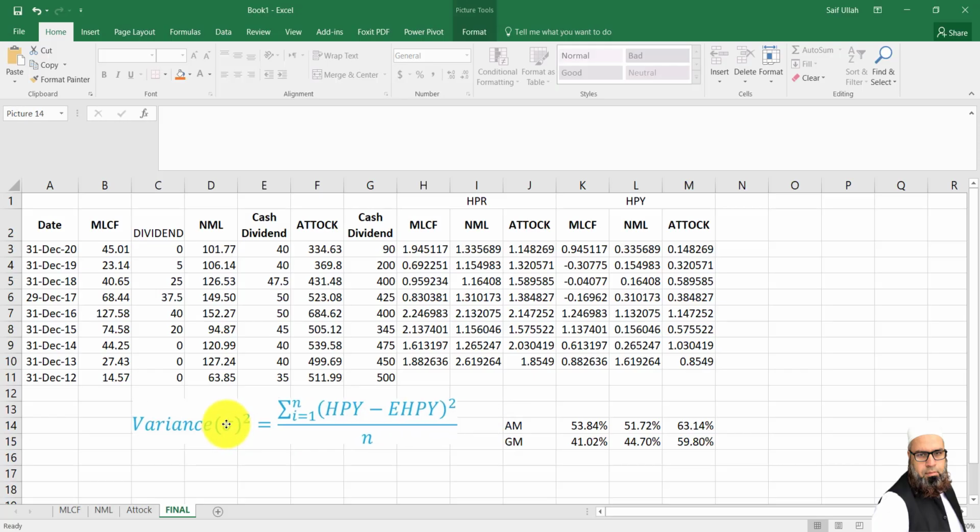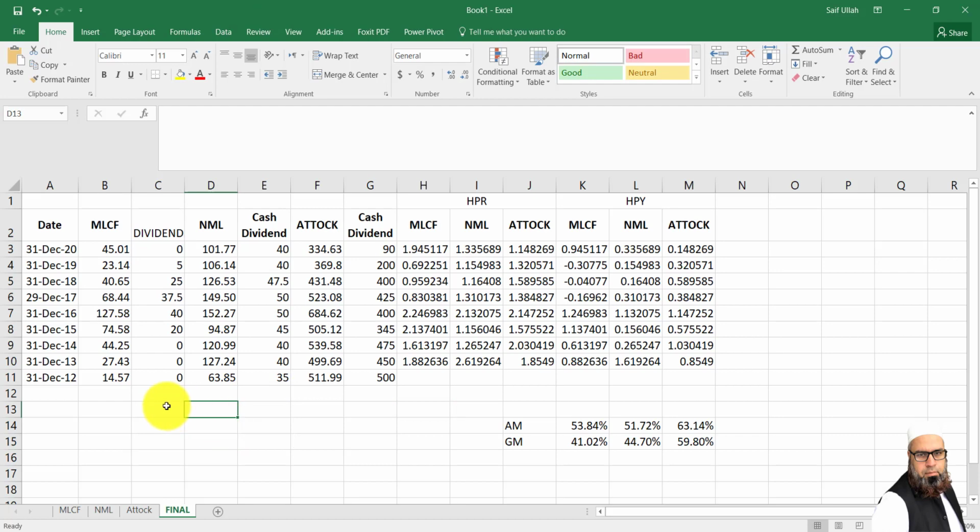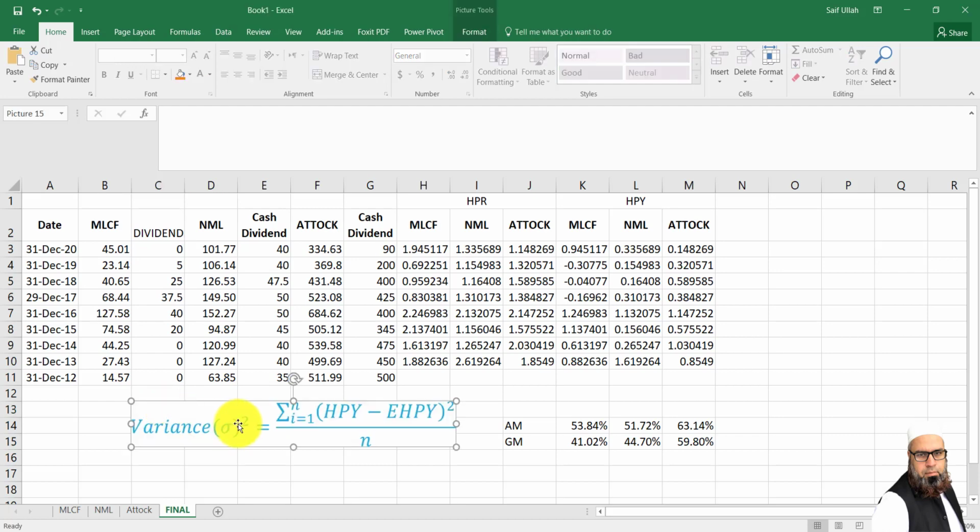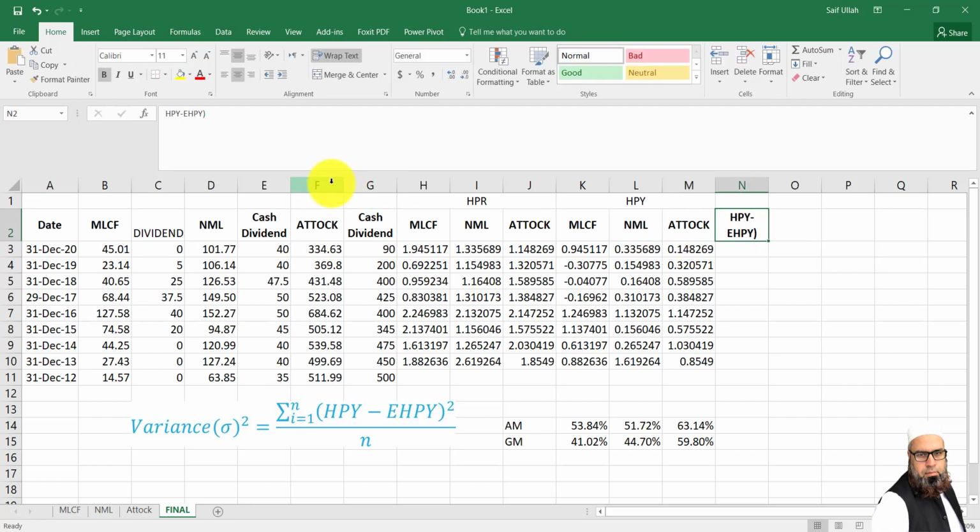To compute variance of the portfolios, the basic formula is variance is equal to the sum of HPY minus EHPY squared divided by N. For the first time, I am calculating variance by using this formula, and then we will use Microsoft Excel functions to compute variance. For example, for MLCF, HPY minus EHPY and its square.